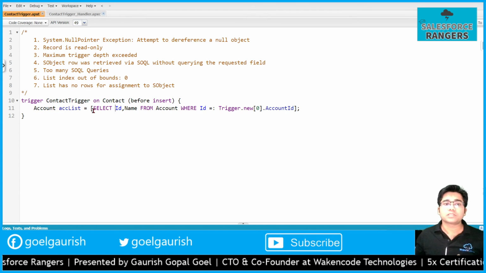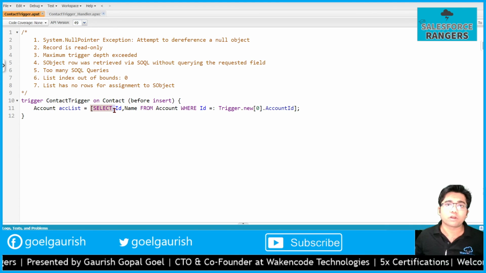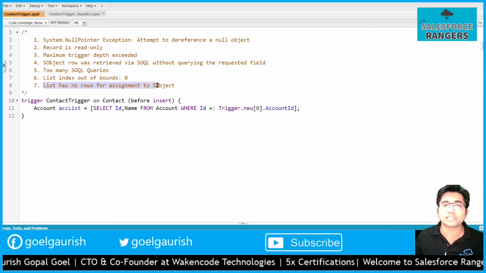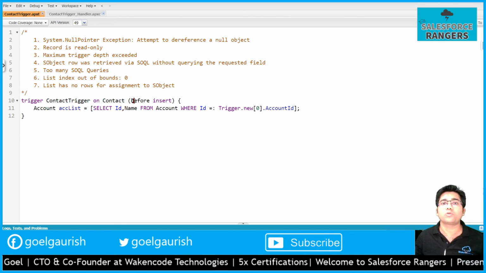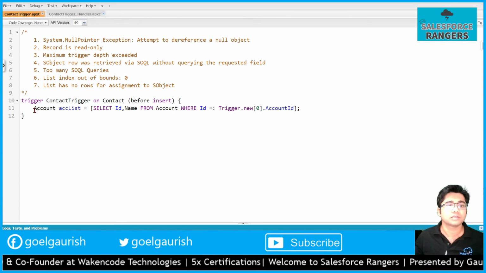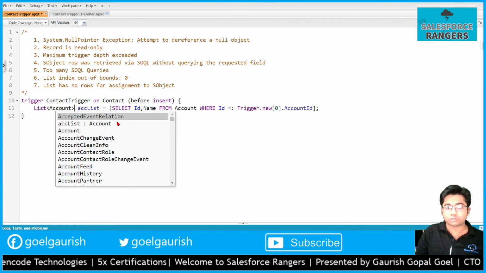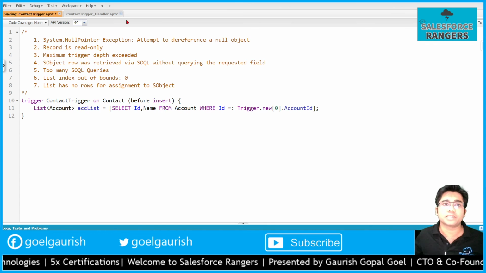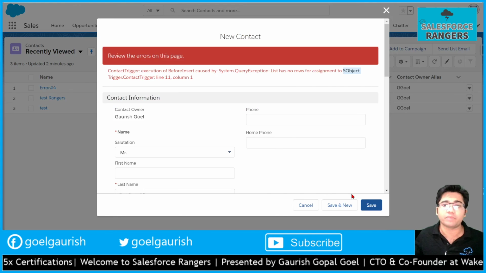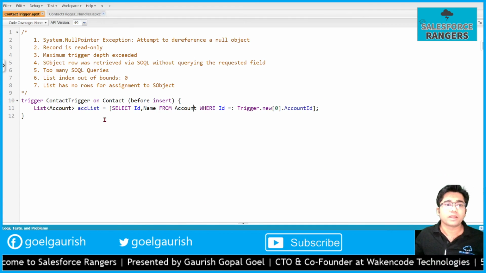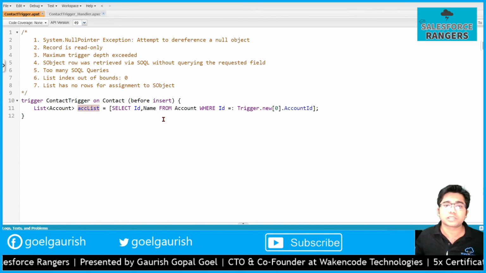But since no account was provided for our contact, the result is empty, and in that case we will see this error. The simple way to get rid of this error is just to change it from Account to List of Account. That's it. And if I hit the save button, it's going to save. And then you can put a null check on this list in the code.